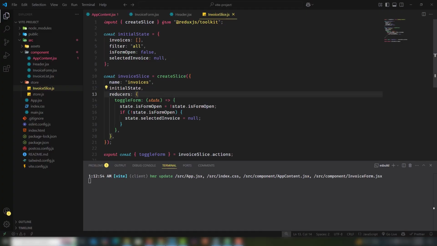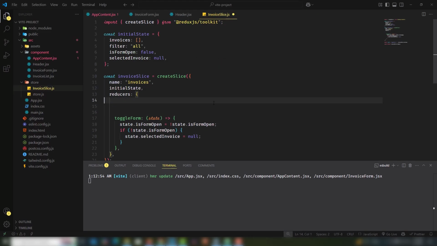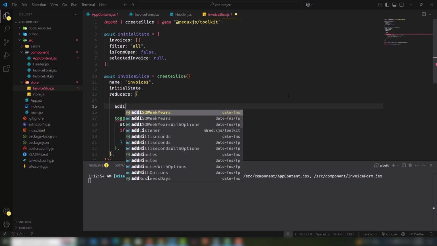So guys, we're gonna work on creating the function that will be used to add the value inside the invoices array, and we also need to convert all the information to store it in the local storage. So let's work on that, then I will work on other features later. So this is a toggle form function. So before this one you need to create a function that will be used to add the value, right? So the function is add invoice,